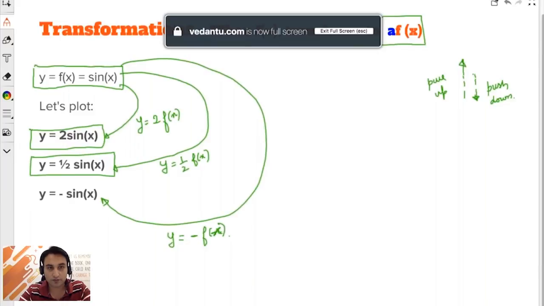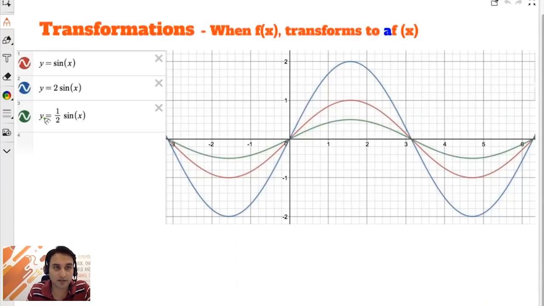Okay, so let's look at this. This is the generalization, these are the graphs. The red one is y equals sine x. The blue one is y equals 2 sine x. What happened? Somebody pulled it up, in both the negative and positive directions, filled the air. But in the case of the green one, somebody has pushed it down on both sides, negative and positive, so it becomes y equals